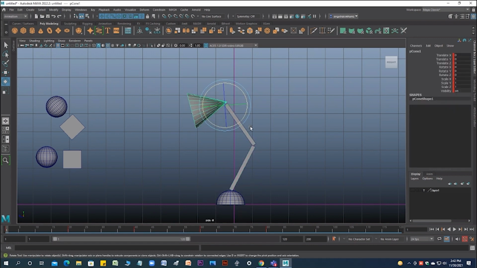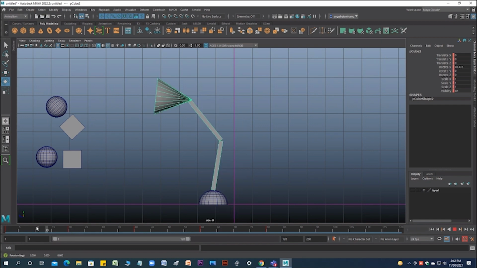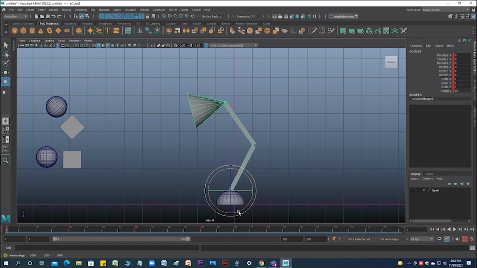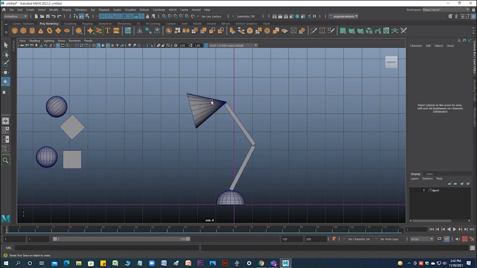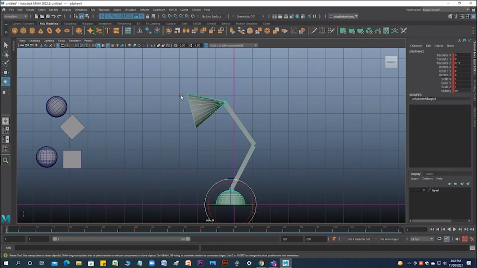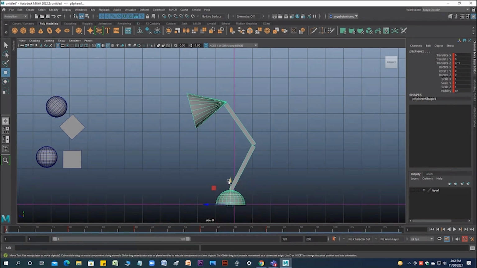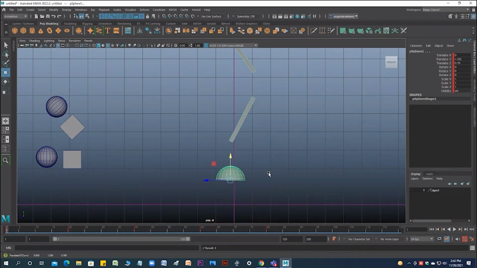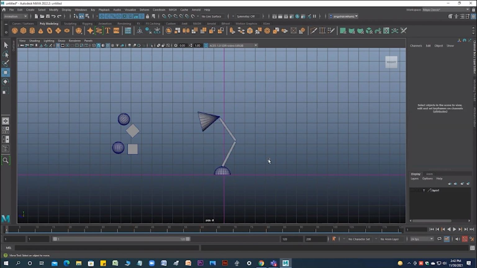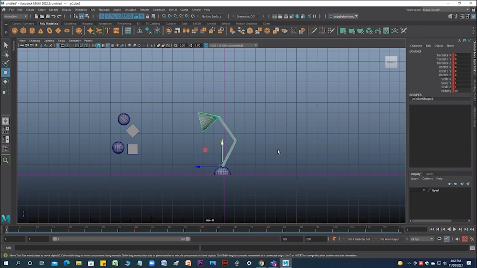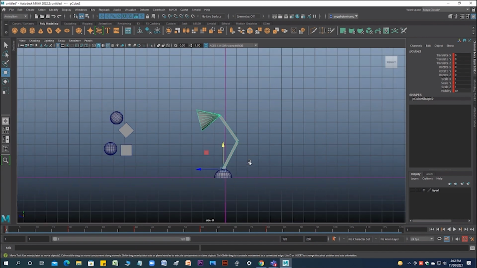Then selection order, how to select parent-child connection, like this to this and this to this and so on. And how to set a key wherever you want. For the very first key, select this one, press S key, then select this one, then this one and this one. And whenever you want to move, if you move by selecting all with drag selection, then this is the disaster over there. So you have to take care of this kind of thing.